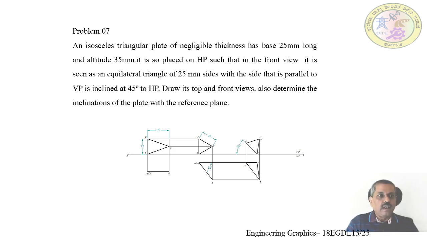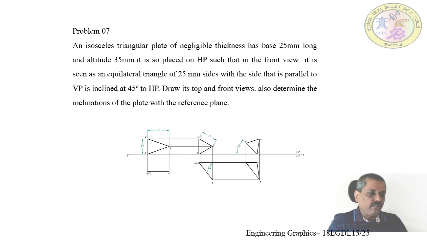Anyway, you should also consider what is the surface inclination and whether it is resting on edge or corner. So these are the three important aspects. Now, don't worry about this. Anyway, I am trying to explain the entire change of position method. Here, three positions are shown. The first position is the leftmost sketch, where there is a front view and the top view. The front view is in true shape and the top view is a line.